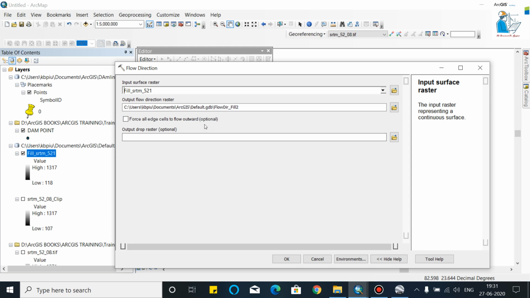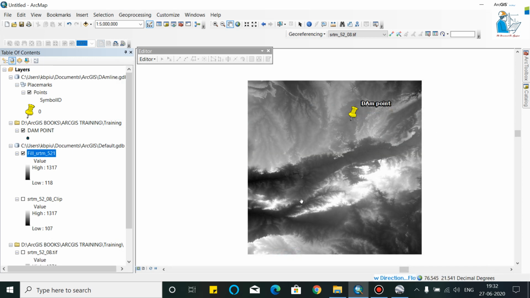Flow direction will find the slope from the pixels where it can form the streams. As you can see, in flow direction, each cell flows to its steepest downward neighbor. Click OK.